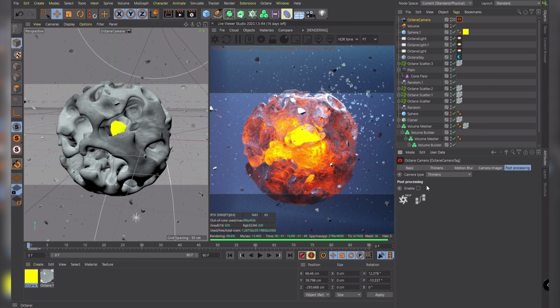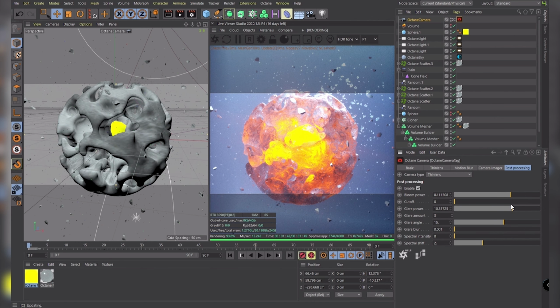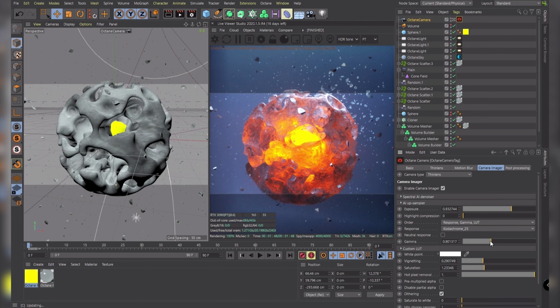And now one more thing we can also do is go into the post-processing tab and enable this as well. I'm just going to increase some of the blooming and also add a lot of glare to this. Maybe blur it out a bit. And now we can make the final adjustments to get the right contrast which we want. Of course you can also keep adjusting this in Photoshop, which I actually did, so that's why it's a bit different right here. But still a nice look, I think.